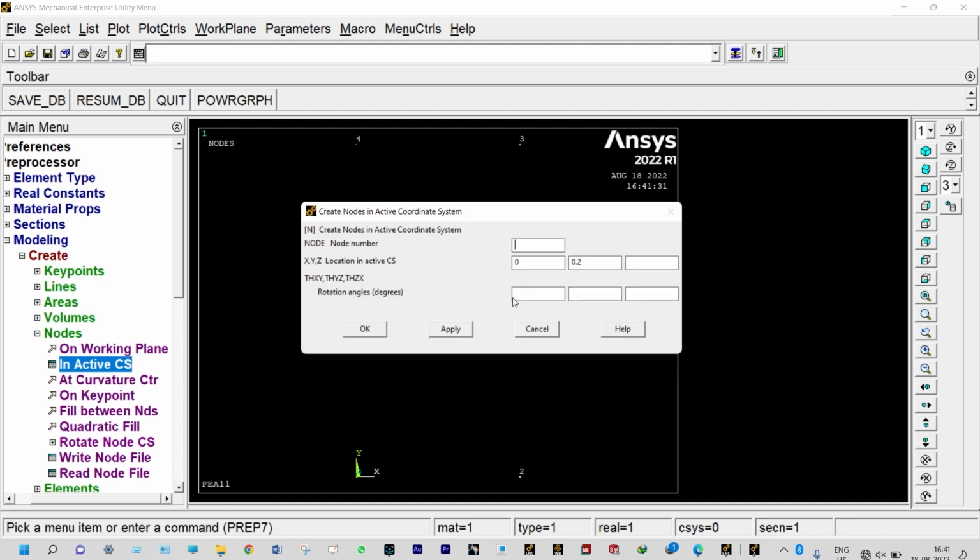Apply. This is made. Next node will be made at a distance of 0.2 meter. Apply, and along y also we need to make this one. So along y it will again be 0.2. Apply. Next node will be created at a distance of 0.3 along x. Apply, and next one it will be at x equal to 0.3, and along y it will be 0.2. Apply,